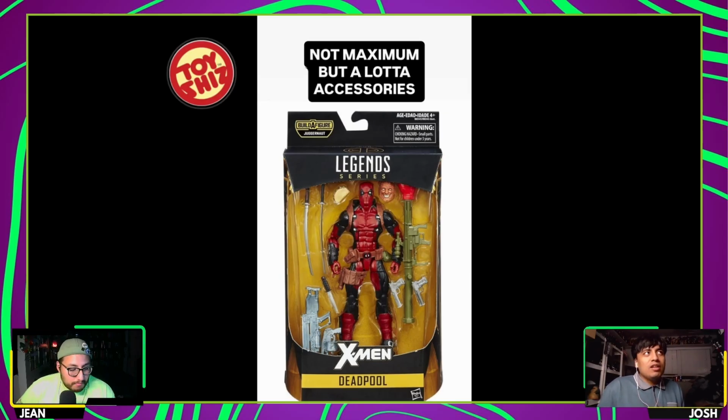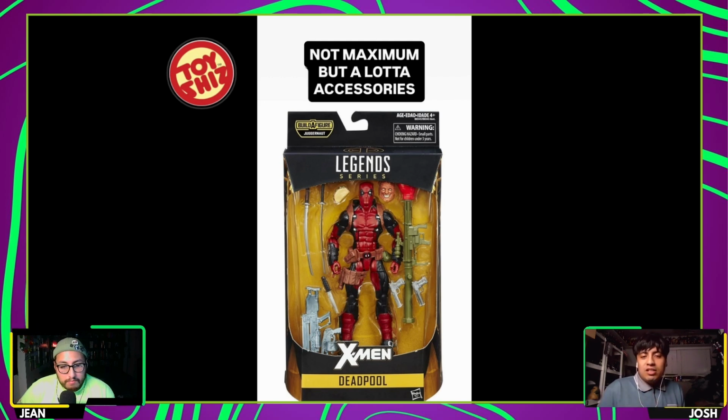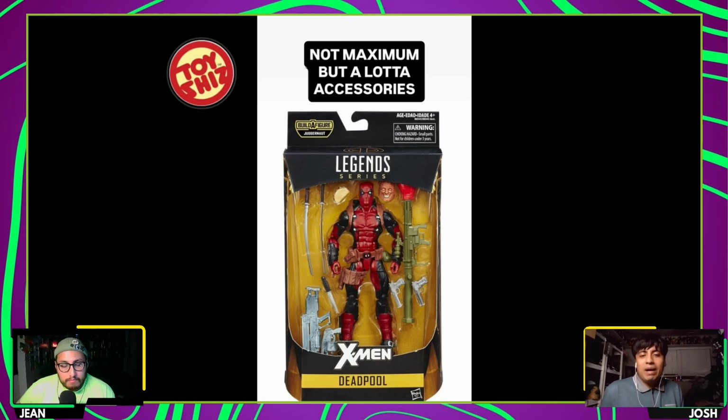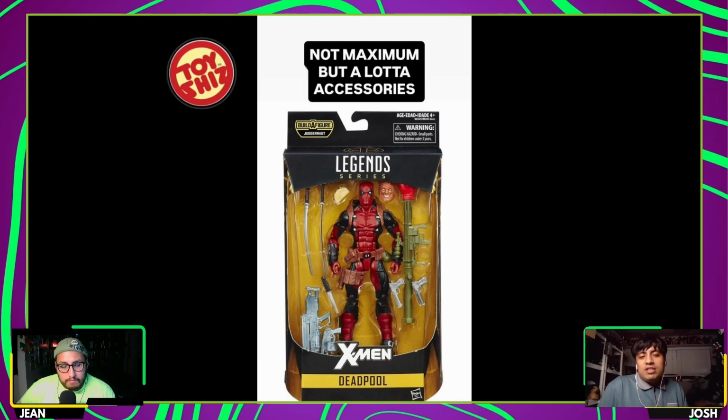And so it makes me think about the degradation of value that Hasbro has been providing us in Marvel Legends. Because the reason this Deadpool is decked out in accessories is that he was part of the Juggernaut wave, but did not come with a Juggernaut build-a-figure piece. So the Hasbro team was like, to make up for this, so people hopefully buy this figure even though they don't have to buy it to complete their build-a-figure, we're going to load it up with accessories like a taco, an extra head, multiple weapons. It's a good value. And then looking at this Maximum Series, it has more accessories and a bunch more hands,